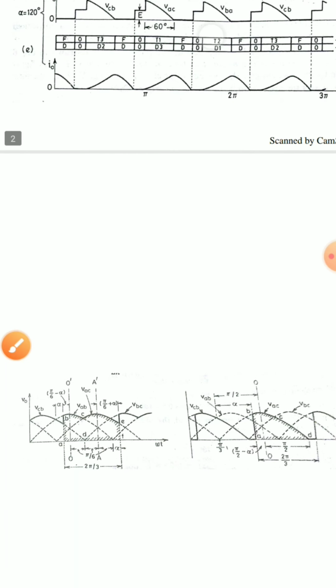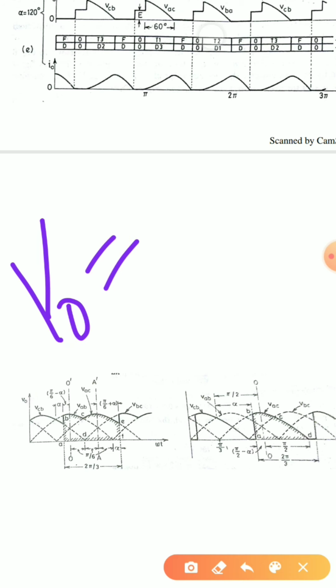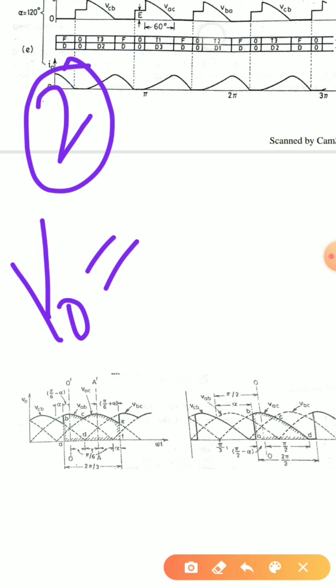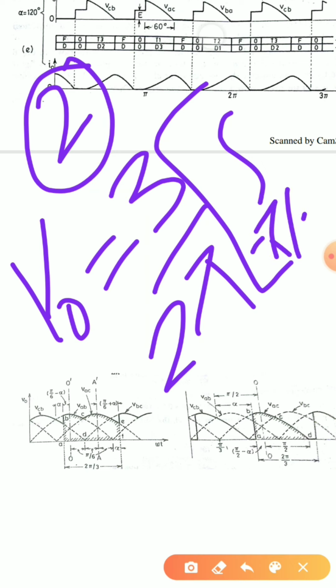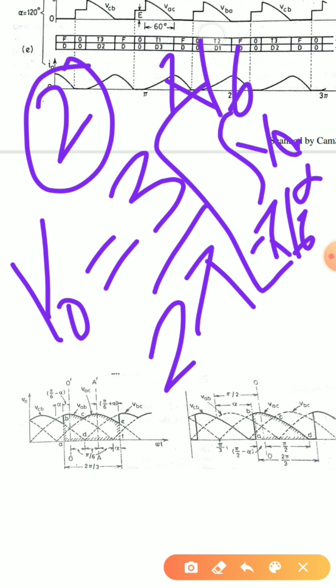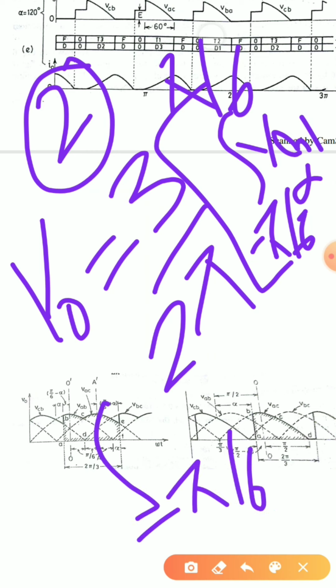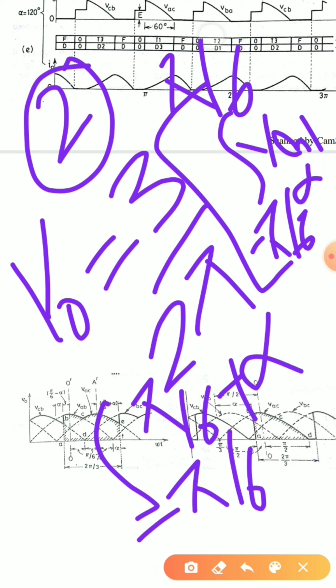Now let us look into how to get the average voltage. As I have said, there are two cases: when two peaks are there, and when one peak is there. For three phase, it is 3 divided by 2 pi, because I am considering the full cycle. Now the limit that I am going to take is minus pi by 6 minus alpha to pi by 6, and I will be adding two peaks, so first the first peak Vm1, and then the second peak. For the second peak my limit will be minus pi by 6 plus alpha in VML cos omega t d omega t. Two peaks I will be considering.